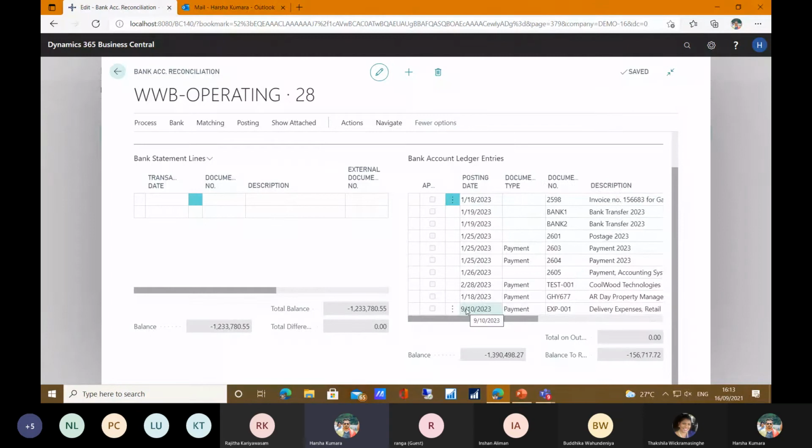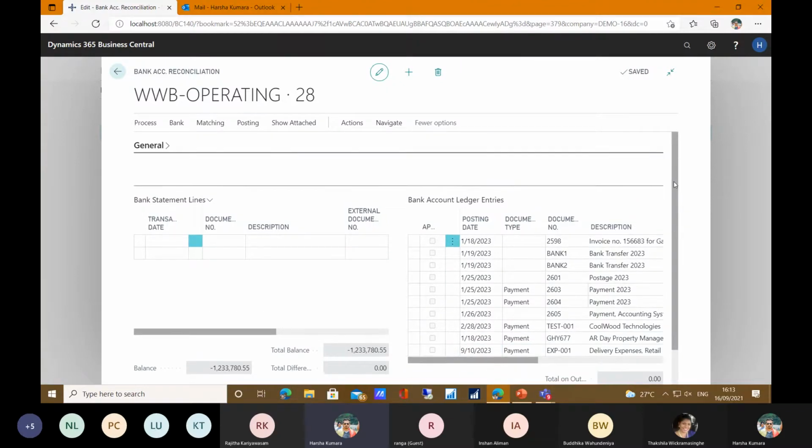Normally in NAV, the reconciliation part, if we are using the NAV standard one, is a little bit hard. That's why we are going to move to the automated bank reconciliation. But anyway, I will show you the standard method, and then you can decide whether to use the standard method or the automated bank reconciliation method.